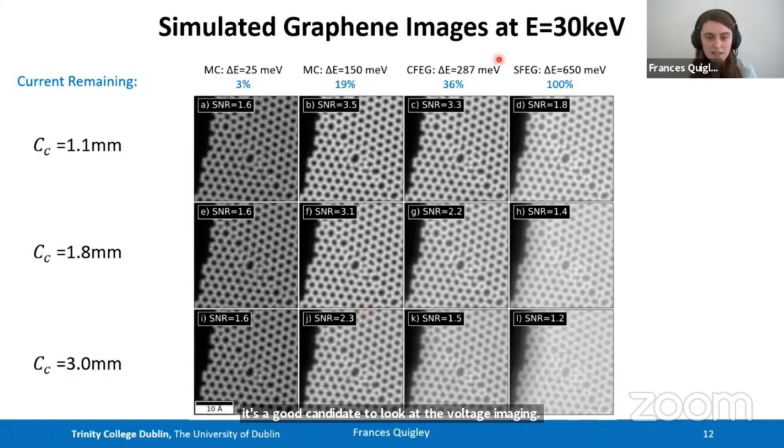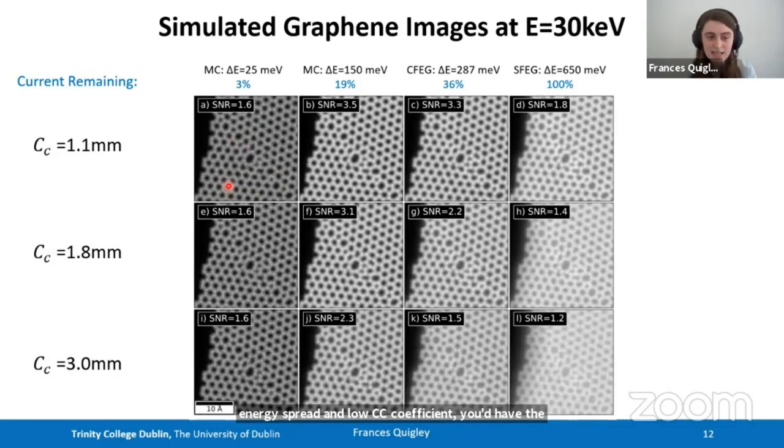We simulated it at 30 kilo electron volts and for three different chromatic aberration coefficients, represented by these three different rows, and also for 11 different energy spreads, 4 of which we're showing here, one in each column. So the largest energy spread is that of the Schottky FEG that we've simulated. With the largest CC coefficient, which would be this simulation here, it has the lowest signal to noise ratio because the chromatic aberration is such a large effect on it. So one would expect that for the lowest electron energy spread and the lowest CC coefficient, you'd have the highest signal to noise ratio of your image.